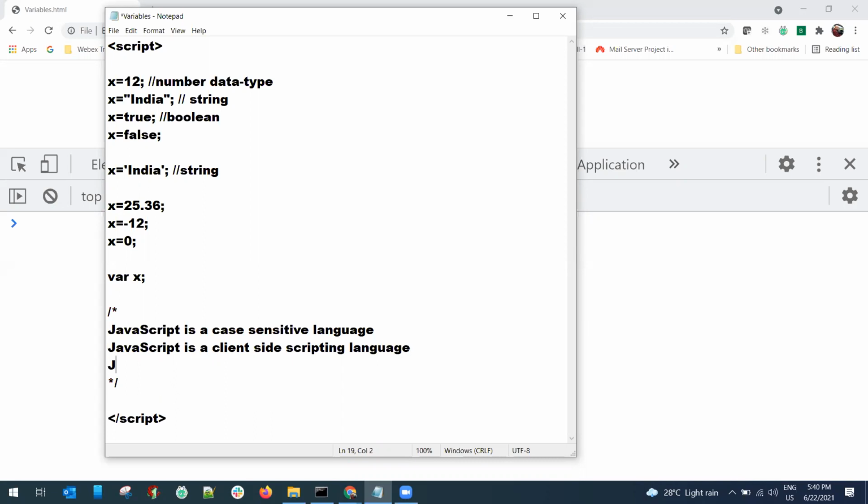JavaScript is an object-based language. It's not an object-oriented language.